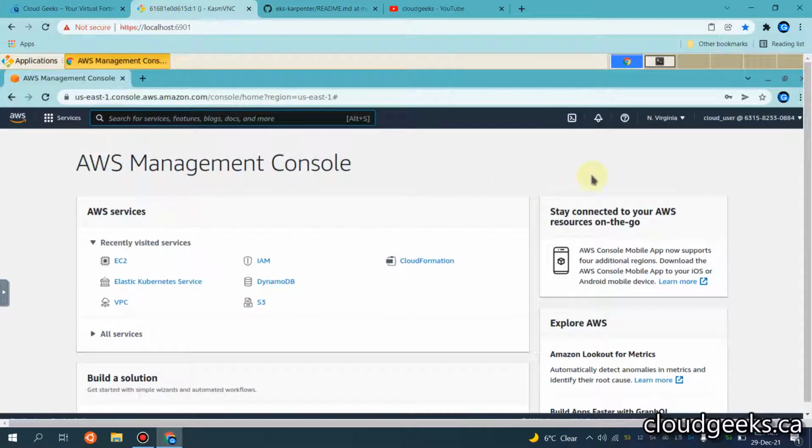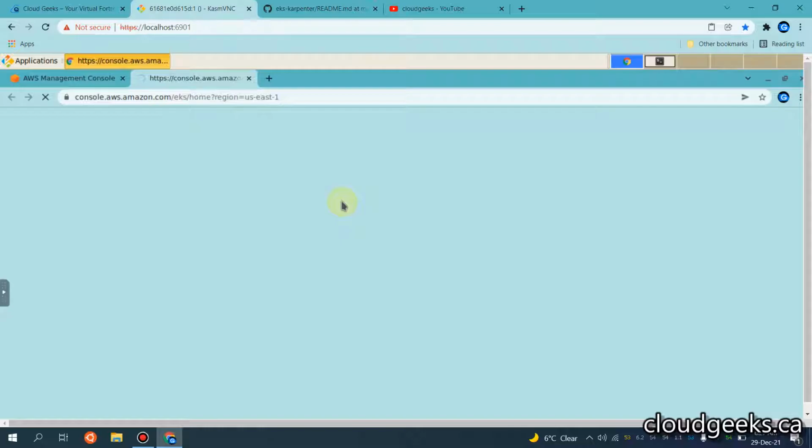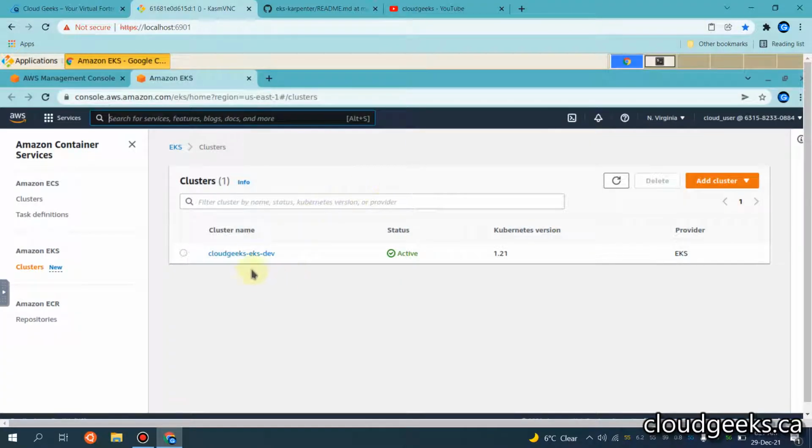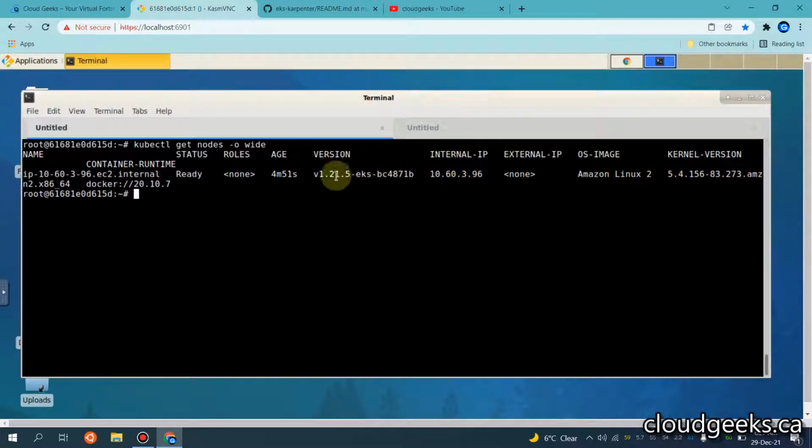Let me navigate to my account. So in this account, I've already set up the Elastic Kubernetes. Let me show you guys the nodes. So I have already one node, just like the similar previous architecture. So this is our cluster, and now let me open several tabs here. I will open all the tabs separately to make sure that you have everything in front of you available.